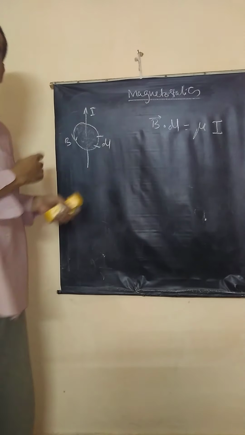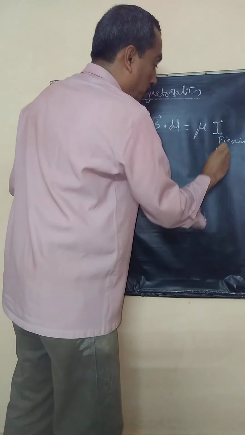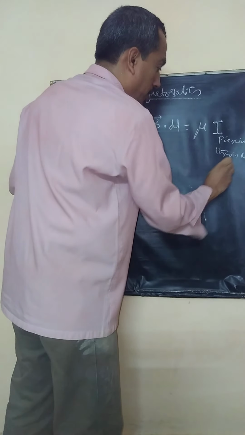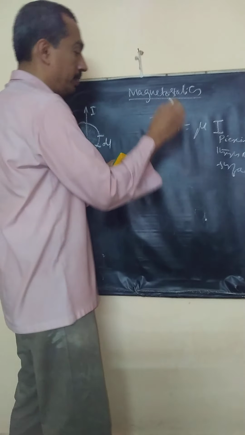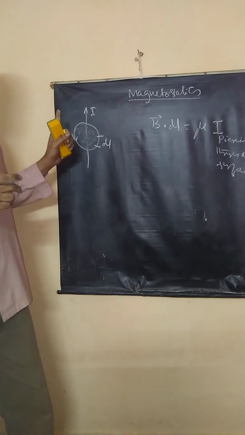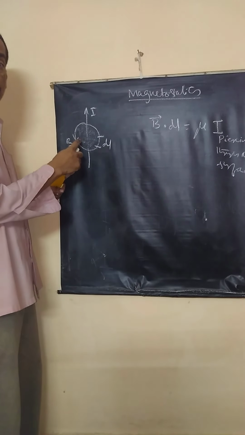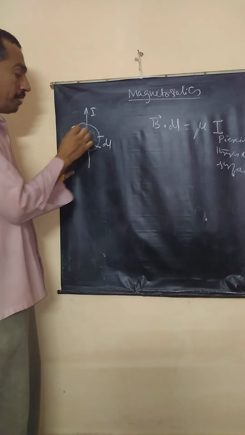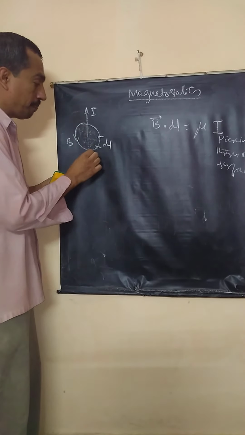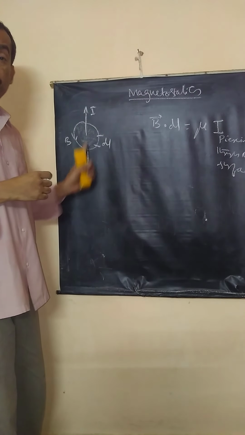Please understand this. This is Ampere's law. It looks like Gauss law of electrostatics. See here, current piercing through the surface. Do you see the similarity with Gauss law? On the right hand side of Gauss law, total flux is equal to total charge enclosed. Here, it is the total current passing through the surface. If I take B dot dl around this closed path, then the line integral of magnetic flux density around a closed path is equal to mu times the current enclosed or piercing through the surface.